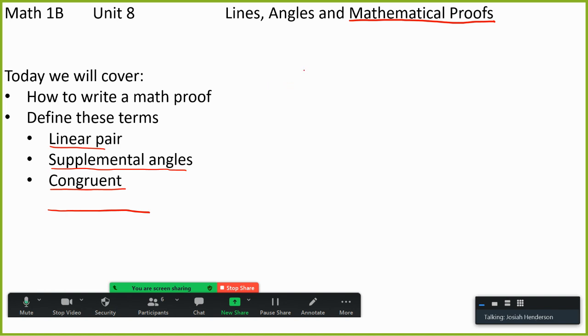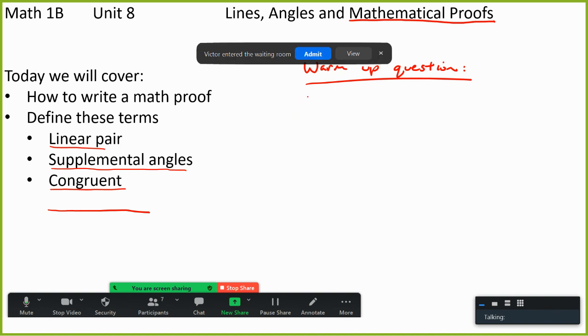So, a quick warm-up question. I'm going to write it here in the middle, just to quiz you on what we did yesterday. So, the warm-up question for right now, for today, is for all of our proofs,